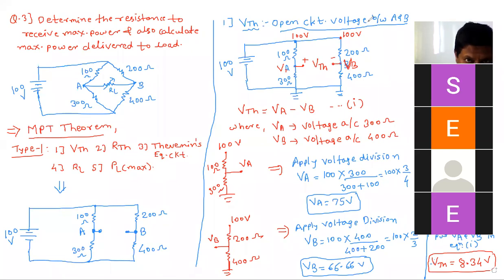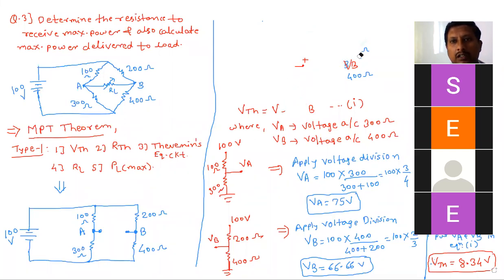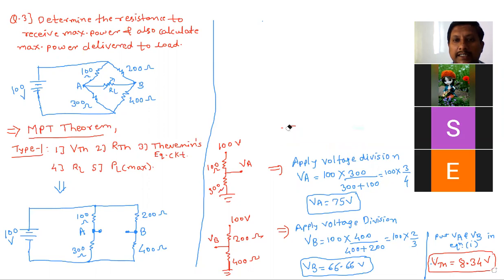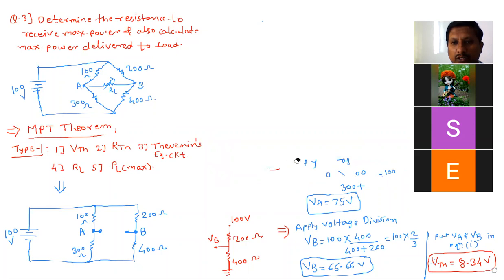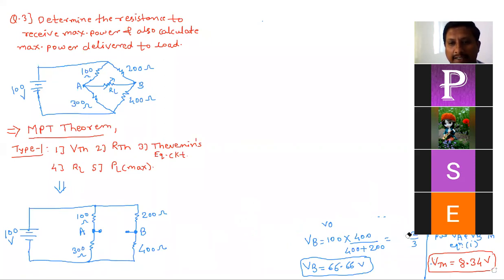Okay, so now we have to calculate RTH. While finding out RTH, what are the common things? The two terminals from which you are going to find RTH must be open. That is the first common thing. The second thing is, if any ideal voltage source is there, you have to short it, and an ideal current source we have to make open. So here only a voltage source is there, that we can make short. So RTH is somewhat difficult in this case.